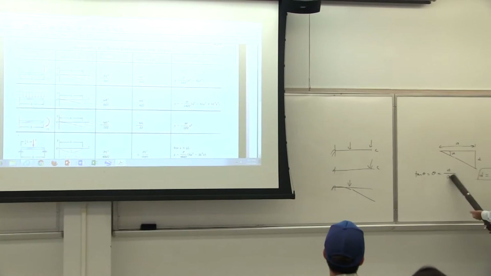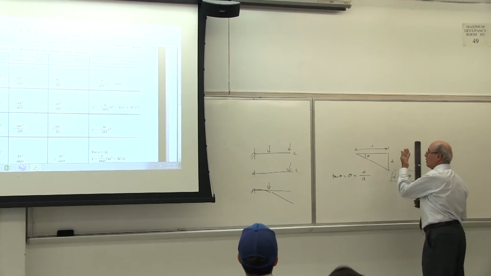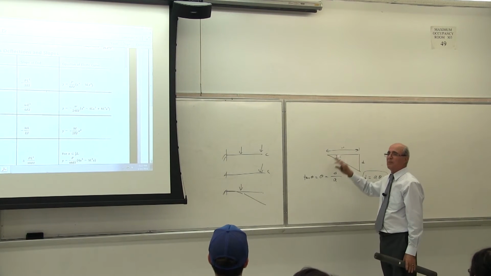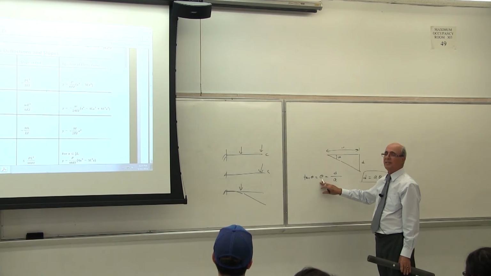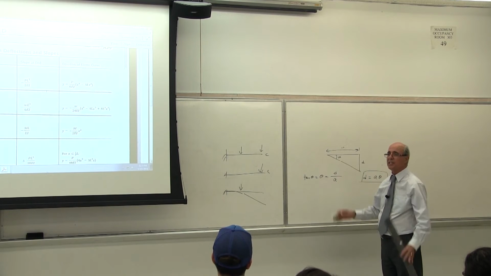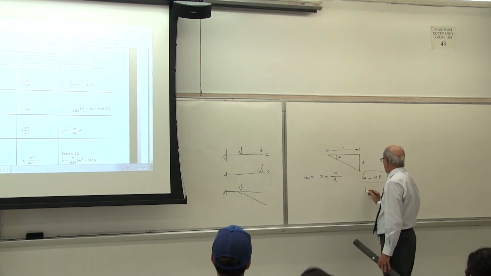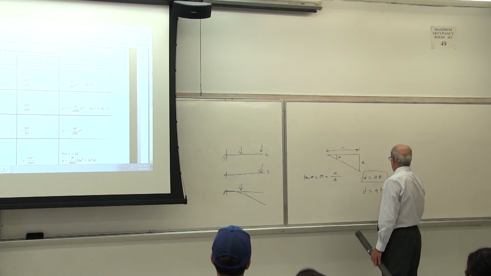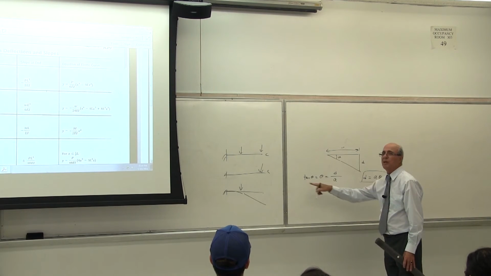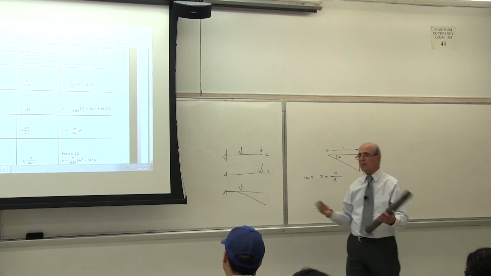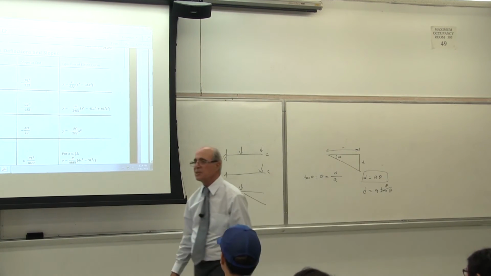If this is theta, and I give you A, I want D, how do you calculate the D? Tangent theta equal to D over A, yes or no? But tangent theta is equal to theta, because this is small, it's 1 degree, it's less. Is that correct? Tangent theta, D becomes equal to A times tangent theta. Yes or no? D equal to A times tangent. But instead of tangent theta, I'm using theta, because if it is less than a degree, they are the same. Is that correct or not?